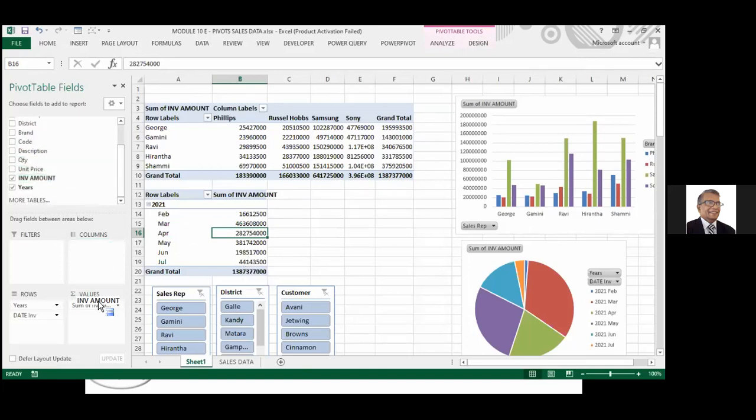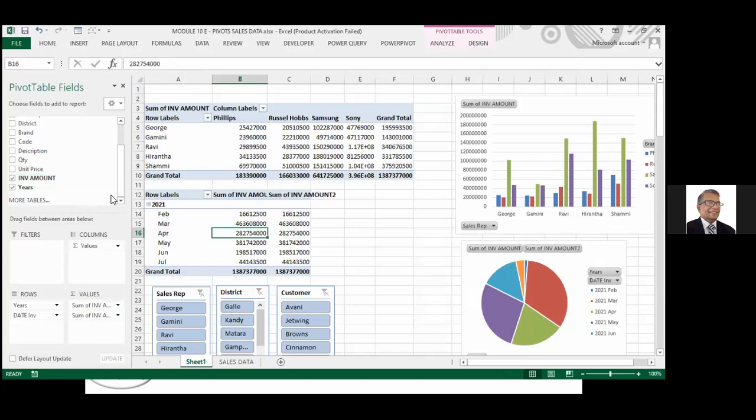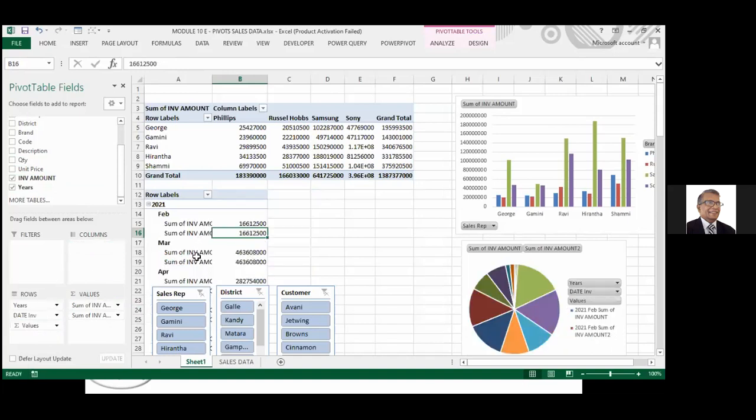I put the invoice amount again here. Now when you put it there, it comes onto this side. Why? Because when you put more than one field onto this box, you get an additional field. If that is on columns, it will be column wise. If you move it down, what happens? It will be one under the other. There, one under the other. That will decide the layout.